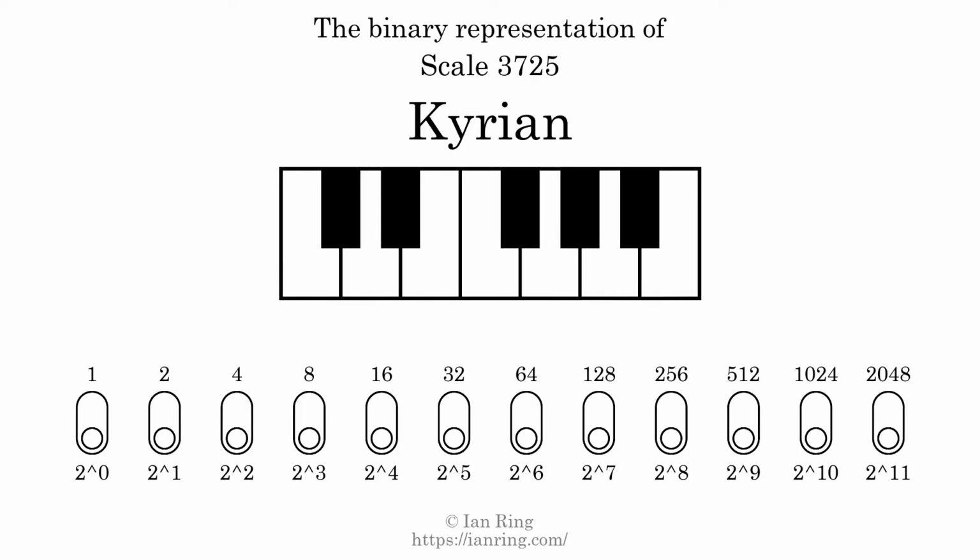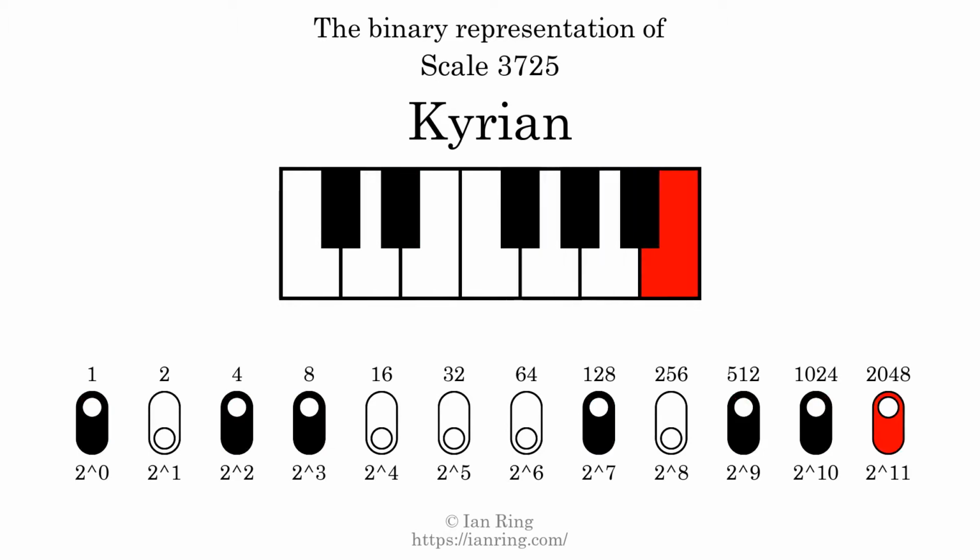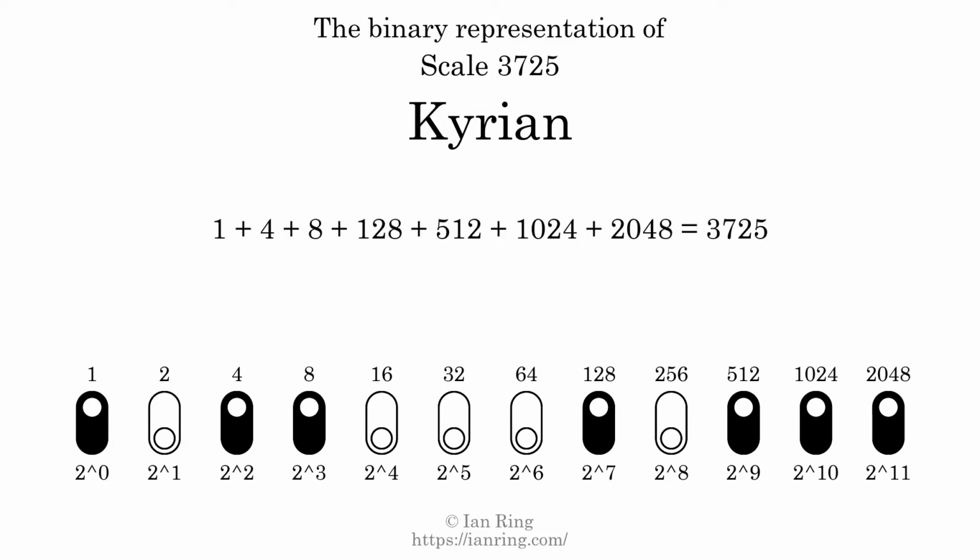The binary representation of this scale is determined by mapping tones of the scale to binary digits. Each binary digit represents a power of 2. To get the scale number, we add the powers of 2 together. The powers of 2 that are present in the scale, all added together, equals 3725. That is why the scale number, in decimal, is 3725. The scale number not only enumerates the scale with a unique index, but it also literally describes the tonal content of the scale. Represented as a binary number in base 2, the scale number is